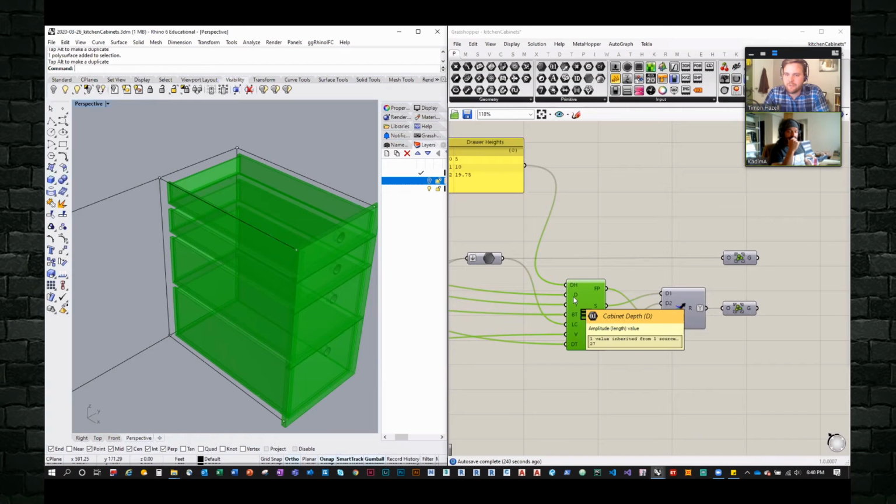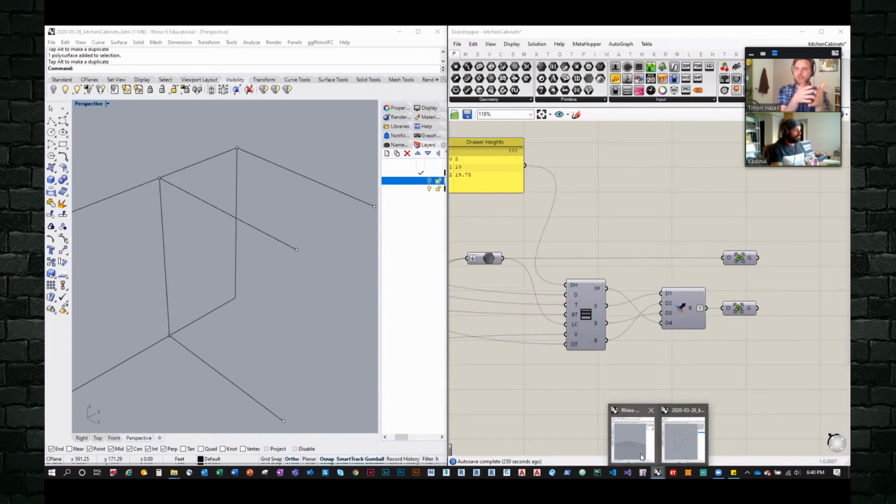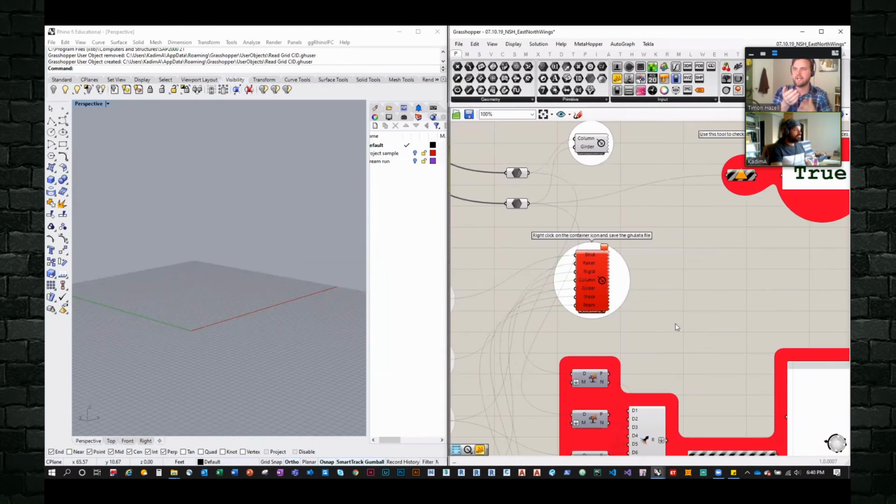Building off of Kyle's question, how do you feel about, or are you able to send any of the stuff back into Revit? Are you able to use Rhino Inside for some of the framing, or how does that work? You talked about sending it into a separate script, but do you use Rhino Inside at all for getting anything into Revit?